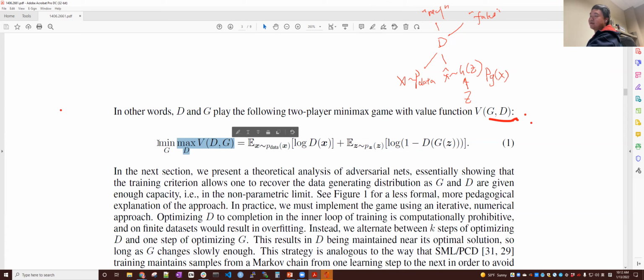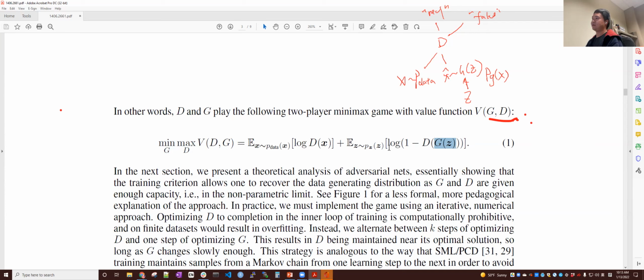In the next round, you want to train your generator. You can think of the generator as the bad guy. As you can see, the first term has nothing to do with G, so we just ignore it. It is a constant term in the optimization when training the generator. For the second term, because you want to fool the discriminator,